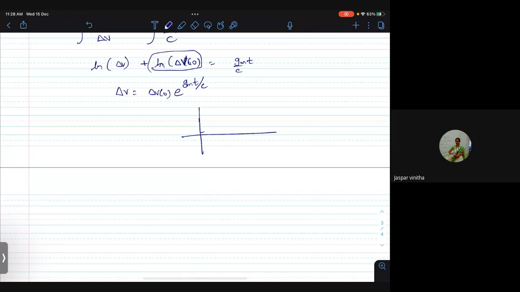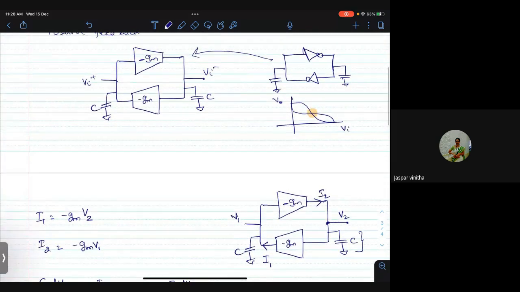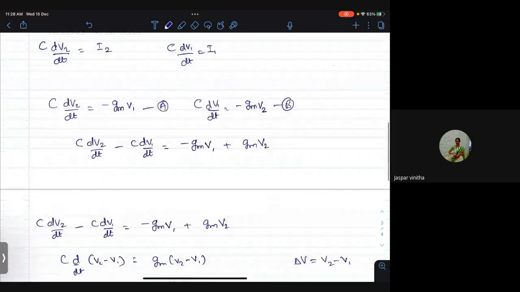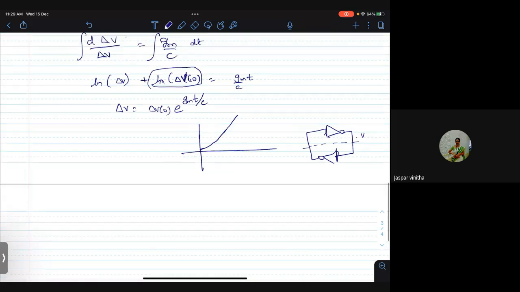So if delta V is a very small positive value, it will basically grow exponentially and keep increasing in principle forever. But this is a linear circuit. In our actual approximation, as it reaches VDD, it will get saturated. So that is what happens in this feedback of two inverters, right? If both of these are set up at slightly different potentials,